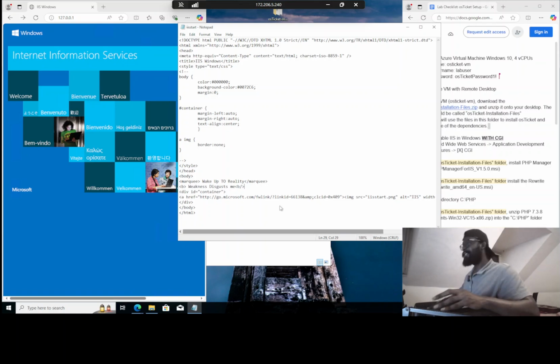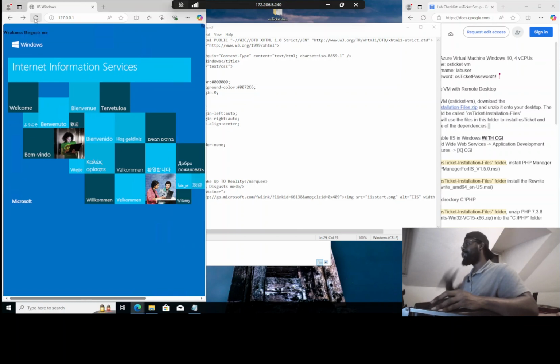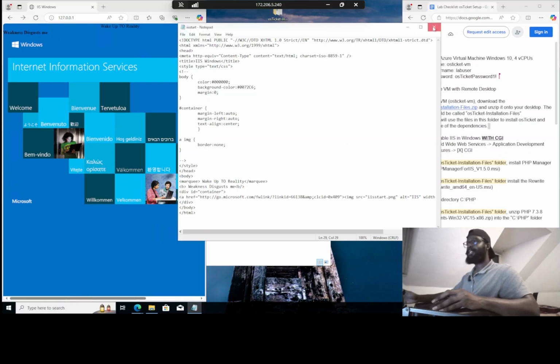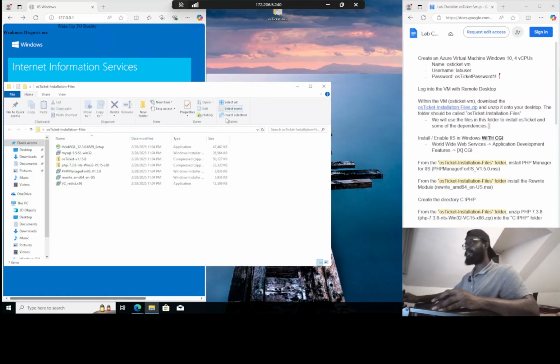So we'll just save this, and let's just refresh this and see. Yep, you can see wake up to reality, and one of Madara's signature sayings when he was fighting the people in the ninja war, he just said weakness disgusts me. Anyway, sidebar. So yeah, we know what this does now. We understand the web page. We just pick whatever. Let's just continue. Just want to have fun. Anyway,